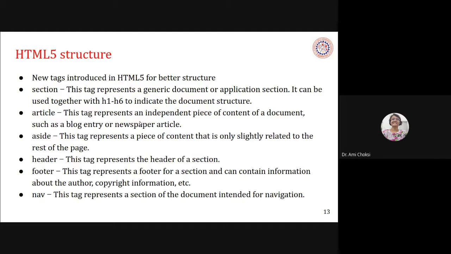Article. This tag represents an independent piece of content of a document, such as a blog entry or newspaper article. Aside. This tag represents a piece of content that is only slightly related to the rest of the page.